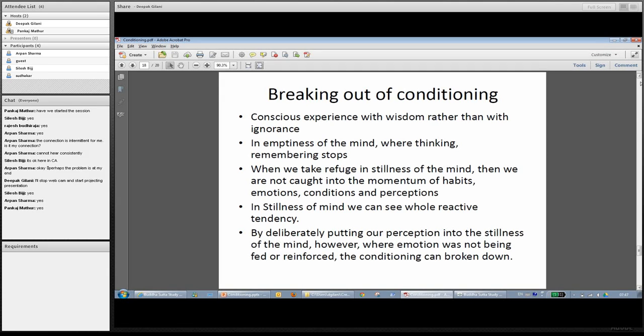Ajahn Sumedho said that he used a very skillful technique to break the conditioning of our perceptions which we have formed. He uses this example: many times in our past, some small incident has left a deep scar in our mind, and anytime somebody mentions it, or anytime we remember that incident, it brings all those emotions back, and we tend to either defend what we did, or we try to